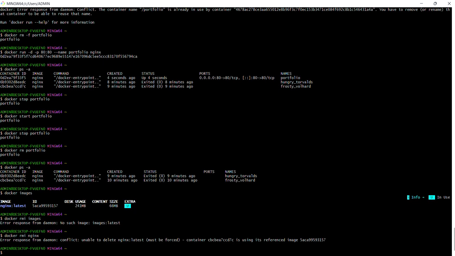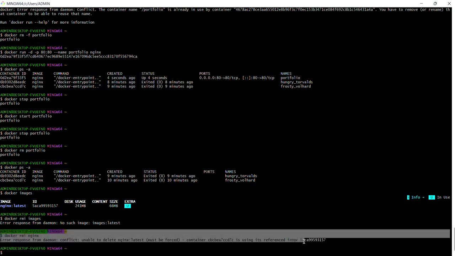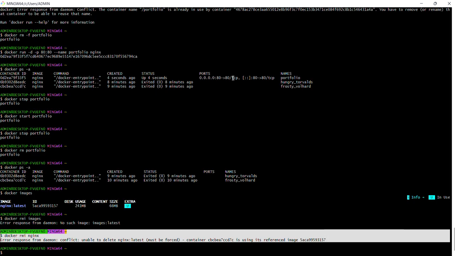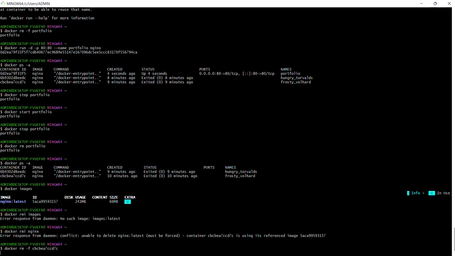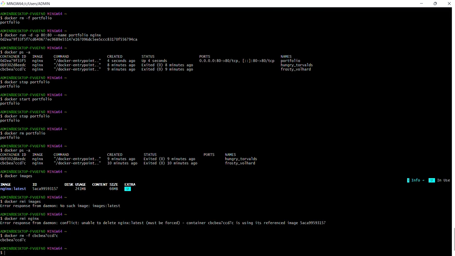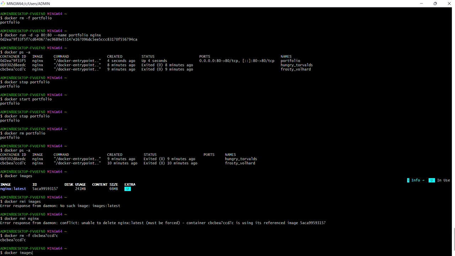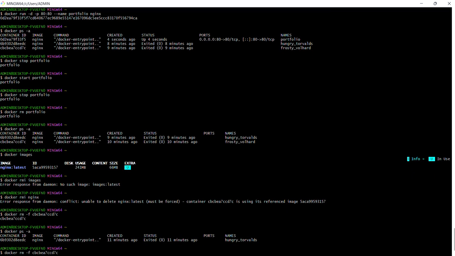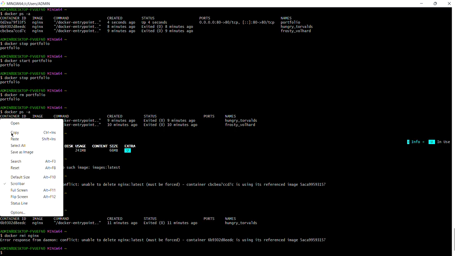So containers are using the image. Again, you need to stop this. You need to remove it. So we need to remove first this which was running. Okay, this one we need to remove. Let's check. Only one is showing. Now we will go with it. Again, it is showing the error. Why? Because this is also in the running stage, right? So we need to stop this also, guys.